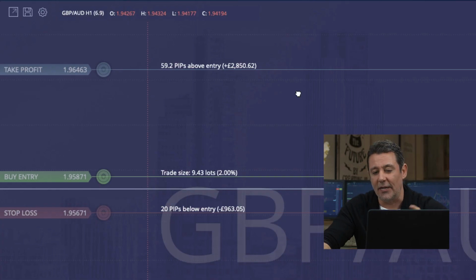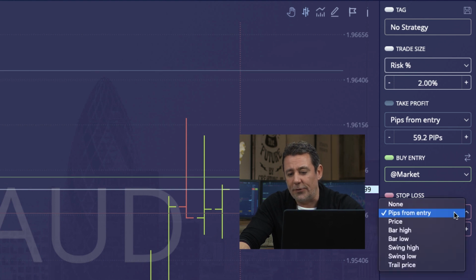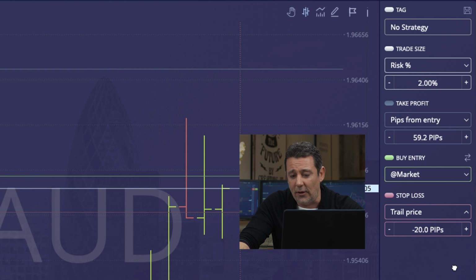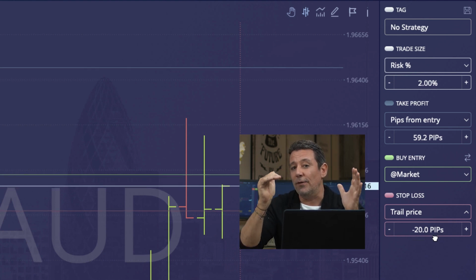Here's where smart charts comes in. Over to the right-hand side, look at stop loss. Now look at your options when I drop down the list. Here's the key, trail price. If I click trail price and it says minus 20 pips, that means as the market moves steadily into profit, my stop loss will follow the market like a shadow, 20 pips behind. So if it hits 50, 60 pips and then pulls back, my stop loss will have already captured 30 pips and it will stop me out, giving me a 30 pip profit